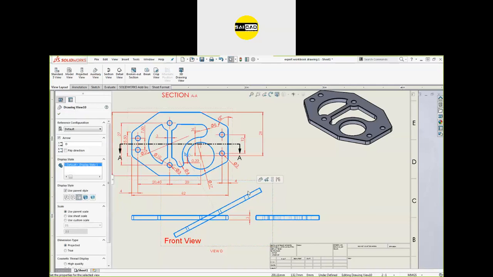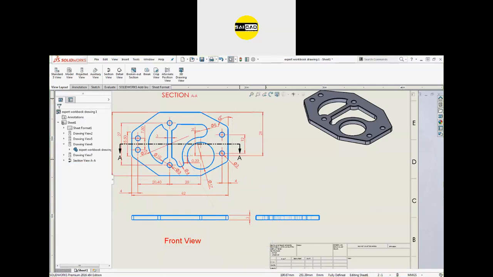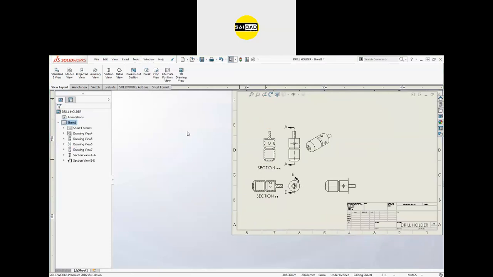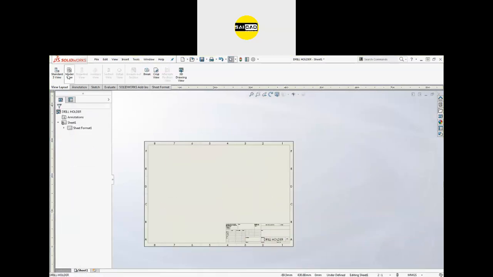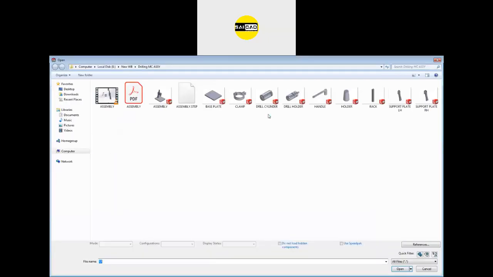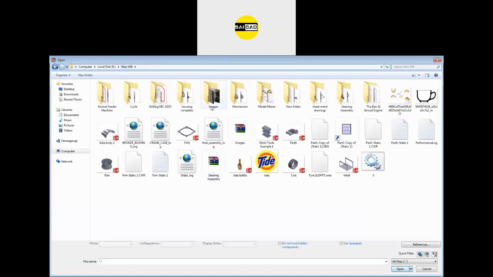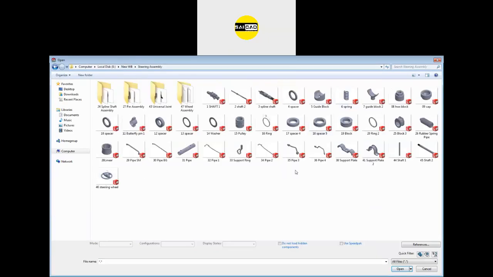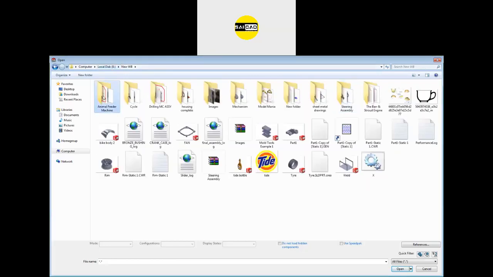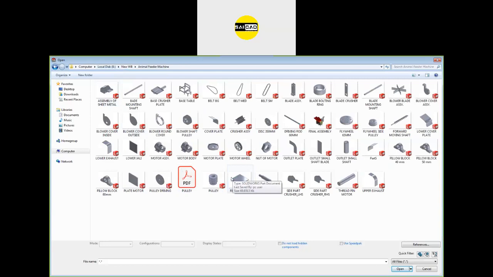So for that, I'm going to use some different example also. So window. Okay, so go to the model. I'm going to insert some different components. Wait for a few seconds.